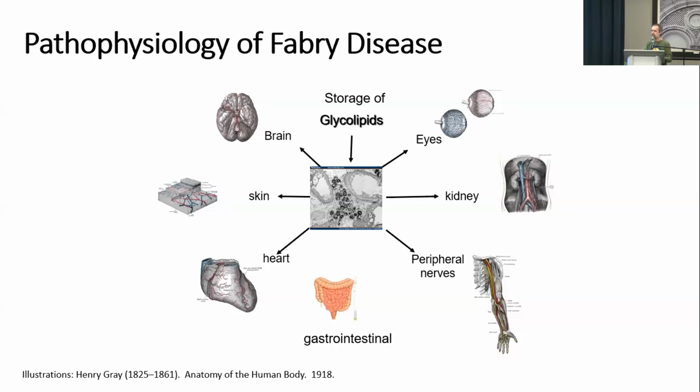You don't have the same degree of involvement of all of the organs in your body. And even within families, we will see times when somebody might have more kidney disease and a sibling might have more heart disease, and another person in the family might have strokes as sort of their biggest issue. And most people with Fabry disease have some abnormalities, if we look closely, in multiple body systems. So it gets complicated to know exactly what to do.